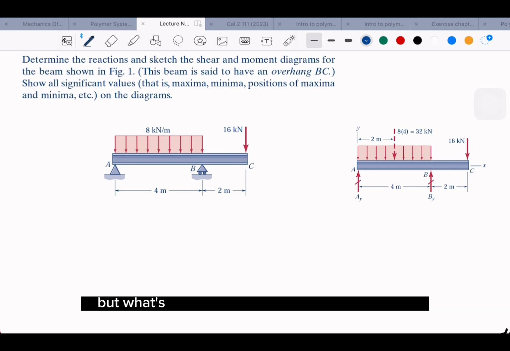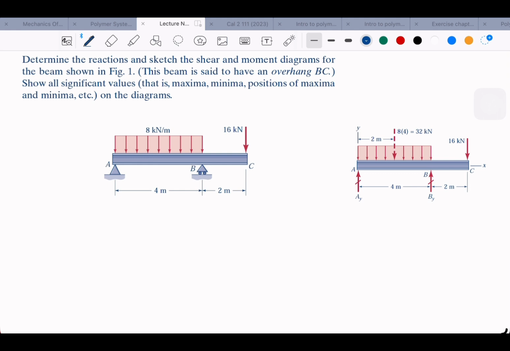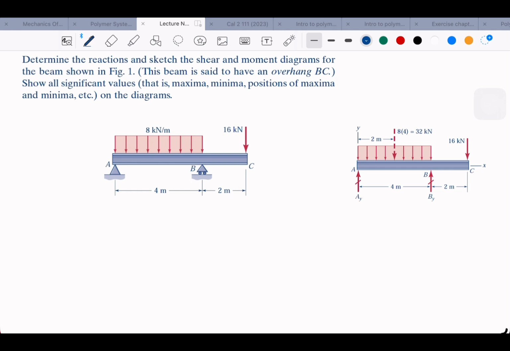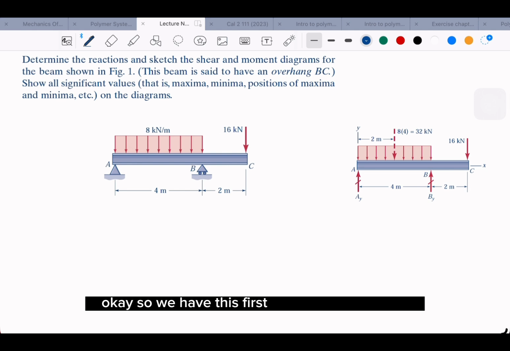But what's the deal with this distribution loading? The deal is, usually, if we are just having one force like that, we just have a constant, right? But if you have distribution loading, it's not constant. Maybe it has some linear type function, right? So that's the difference. So we have the first reaction forces for A, B, we have the distances. I think we can have everything already, so we can